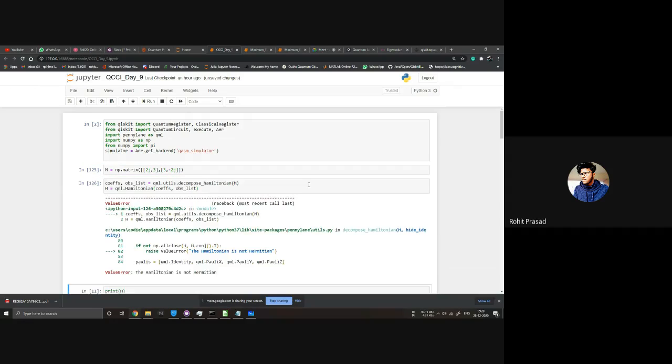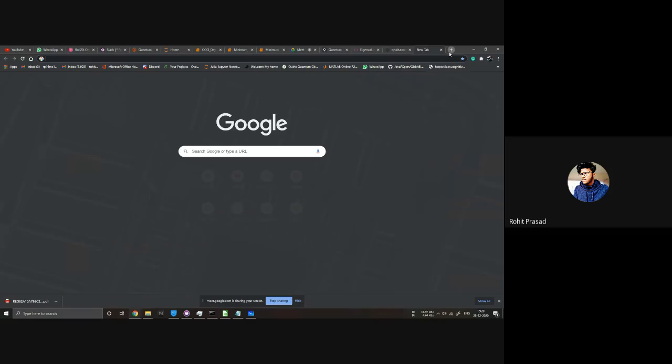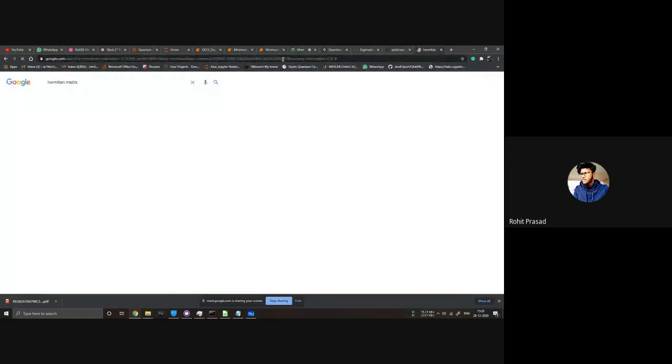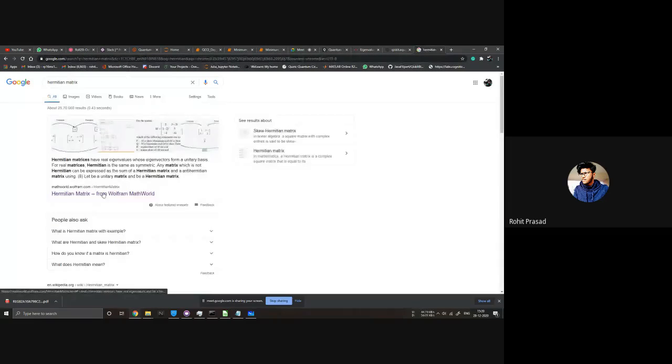So it says that it's not Hermitian. And why is it not Hermitian? Let's see. What's the formula for Hermitian? Hermitian matrix, let's see.